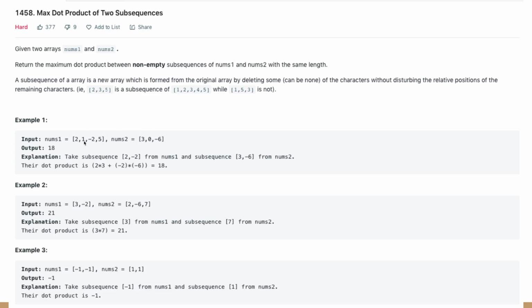So for example, we have 2, 1, -1, -2, 5. We're gonna pick three numbers from here, and three numbers from here. So we multiply each element respectively to find the maximum number. This looks really hard, but we can break this down into something we know, which is double sequences, because we have two sequences, right? Two subsequences. We are picking some exact numbers to match and to make the maximum value, with a slight